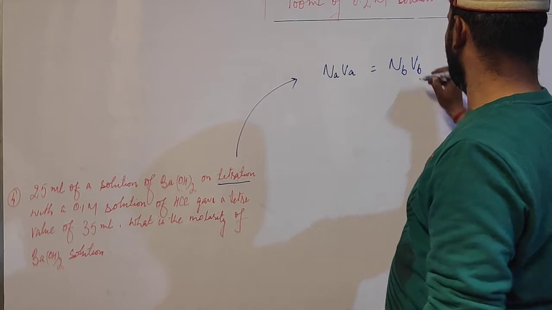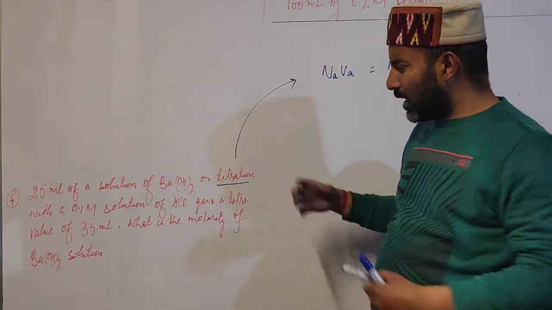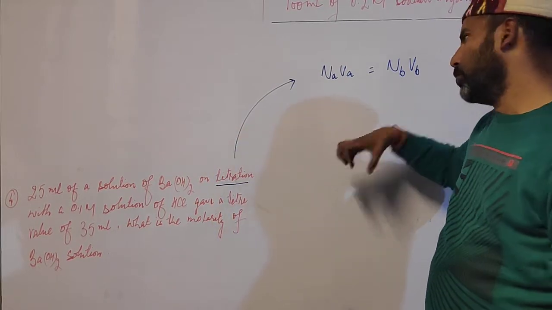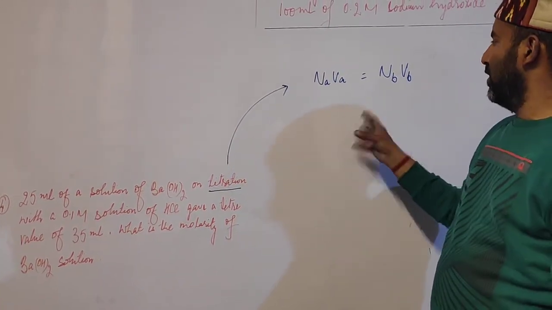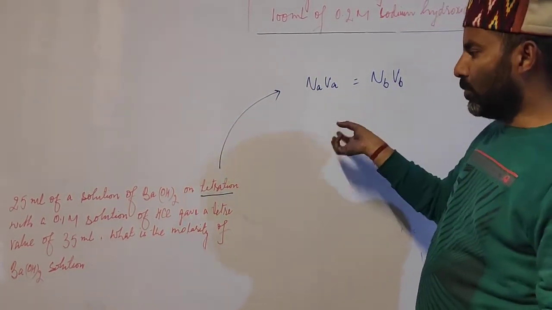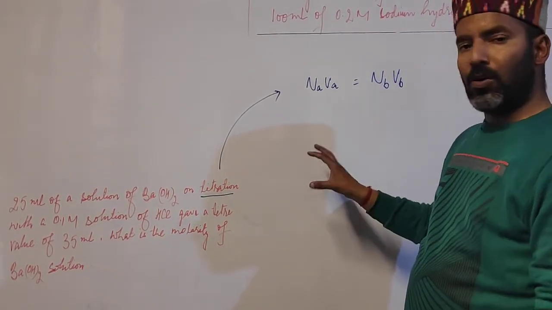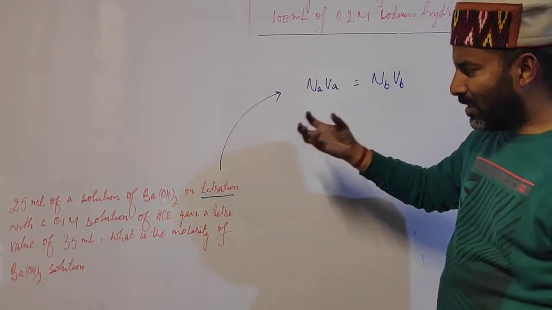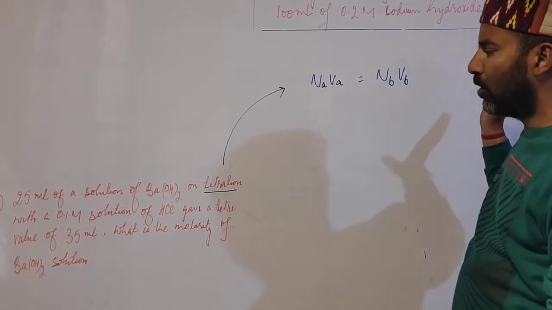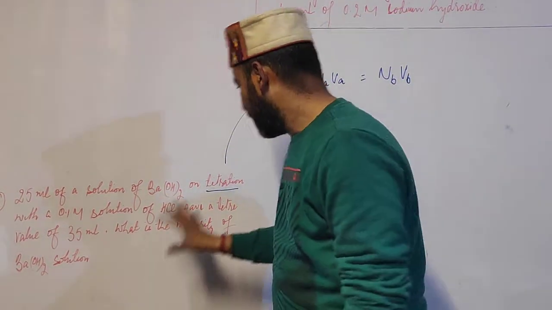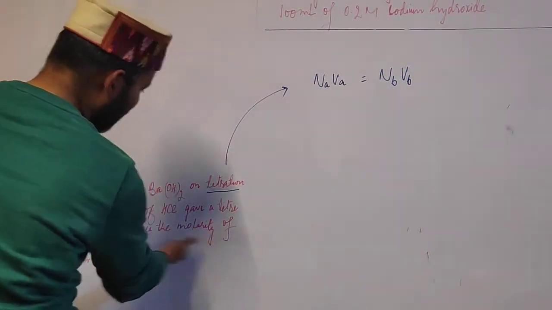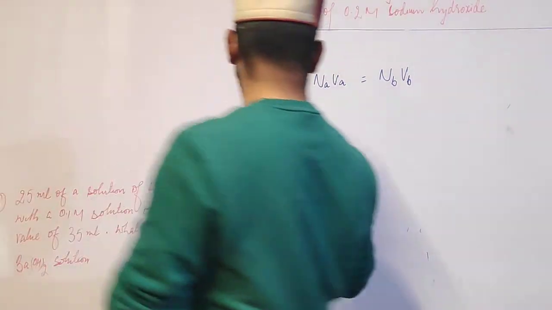Students, here I'll tell you a very important thing: whenever there is a titration case, I always recommend students to use the normality equation, because it is better to use normality than molarity. While using the molarity equation we must know the acidity and basicity of the acids and bases, but in normality we do not require that. Anyway, here the question is about molarity, so we can convert normality into molarity.